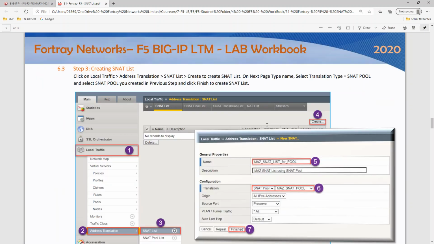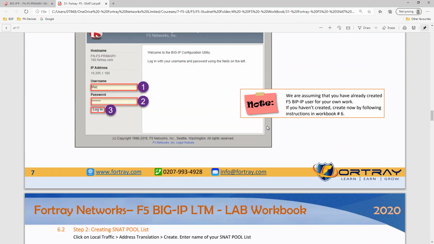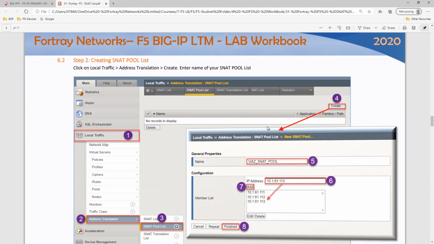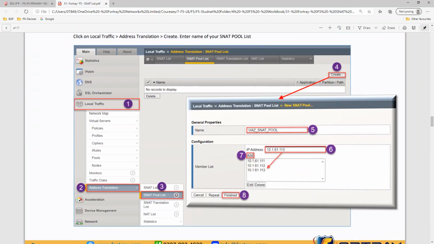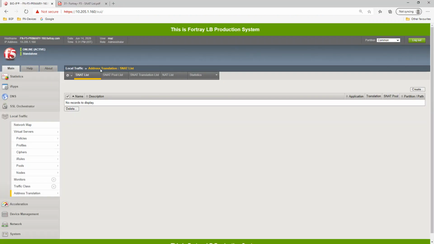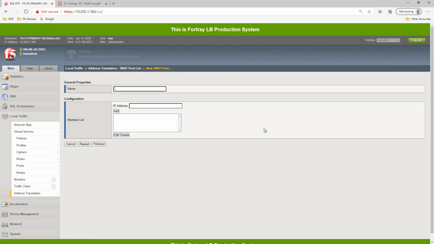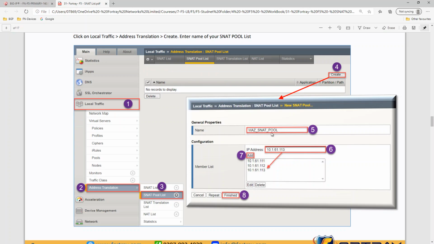Let me configure the steps. Step 1. So SNAT address translation, go to the pool list. SNAT translation, go to the pool list. I'm creating a pool, and here I'm saying MAZ SNAT pool.